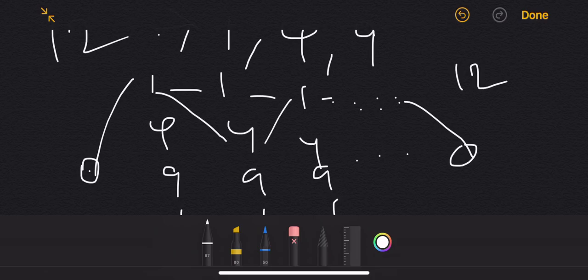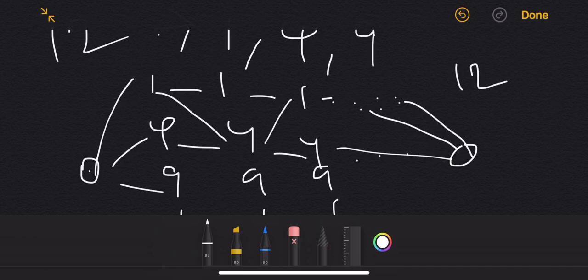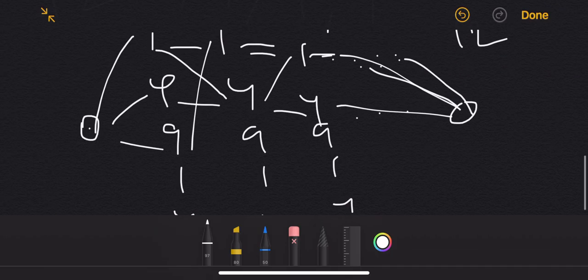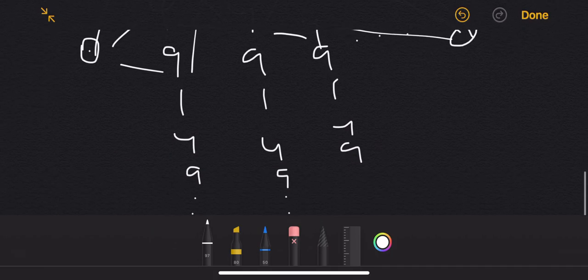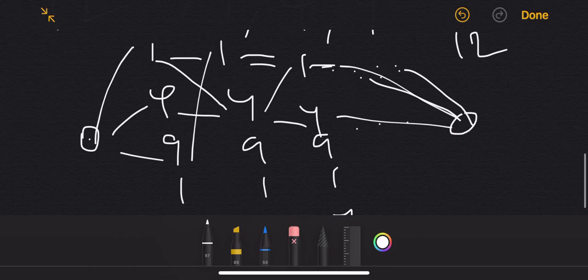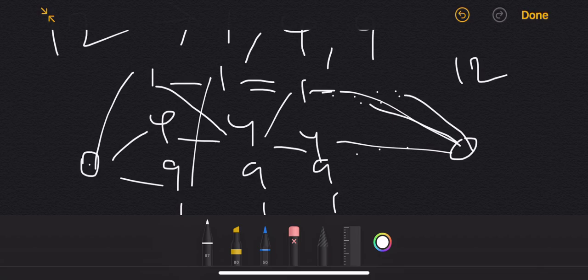1 and then we can again go to this path and then we can join this node at the last, or else we can take 4, 4, 4 and we can go here, or else we can take 9, 1 and 3 ones and we can again join here. So it is not necessarily this, this is just an example for what we can take. So this is the problem statement.